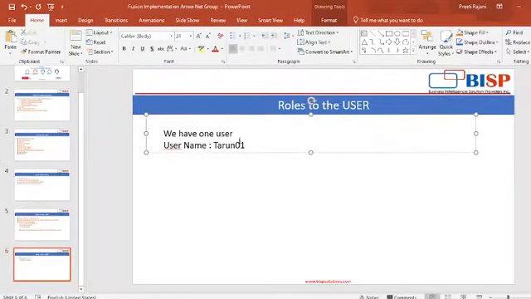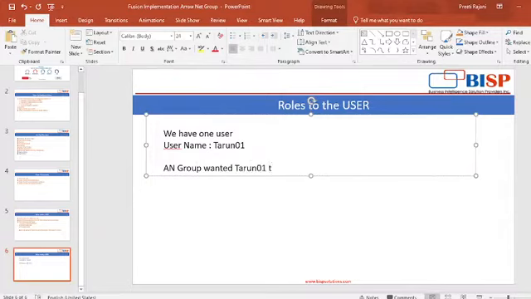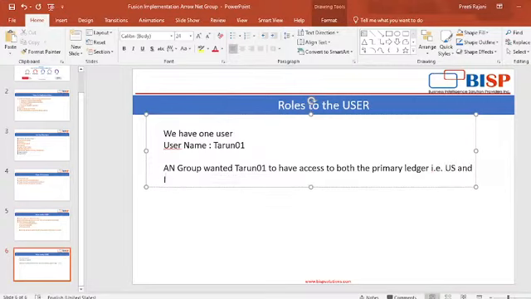So AN group wanted Tarun01 to have access to both the primary ledgers, that is US and India.